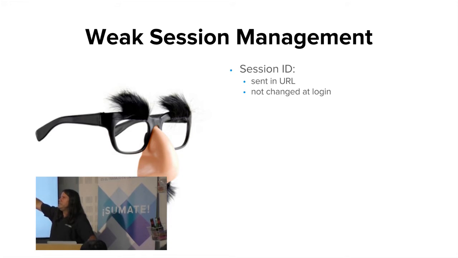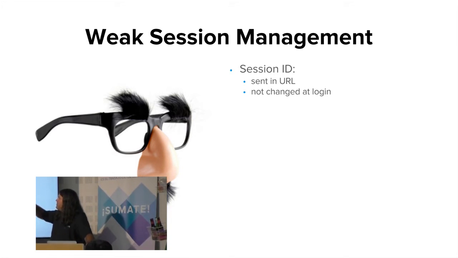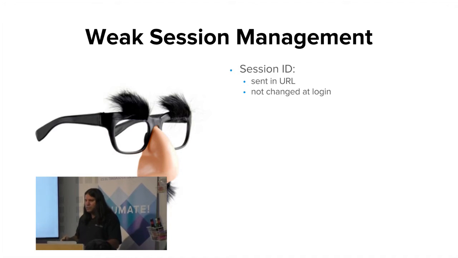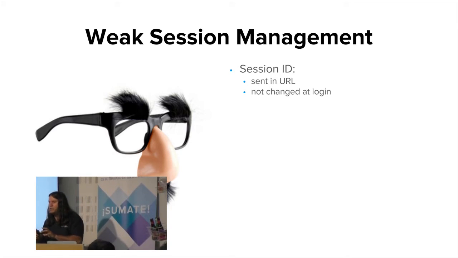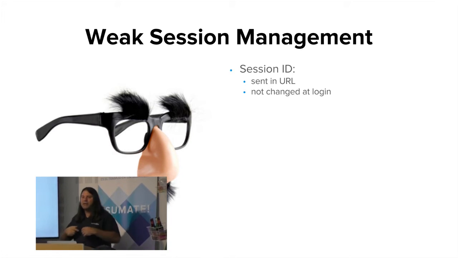And the J2EE spec used to say you can put session ID in the URL to support people that don't support cookies. They didn't take any position as to whether it was a secure practice or not. And you want to change that session ID at login. If somebody runs over to your machine while you're at the restroom, goes to your bank website and writes down that session ID, runs back to their machine and spoofs that cookie, now you go to log into the bank, they're suddenly logged in as you. So you should always change that session ID, abandon the session so that a new one gets issued